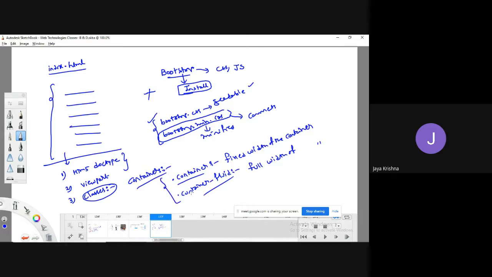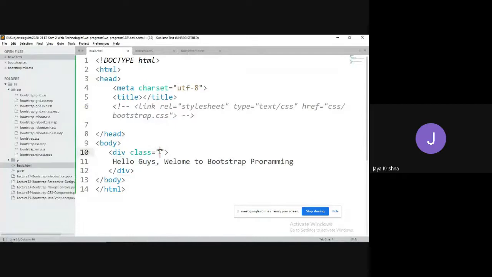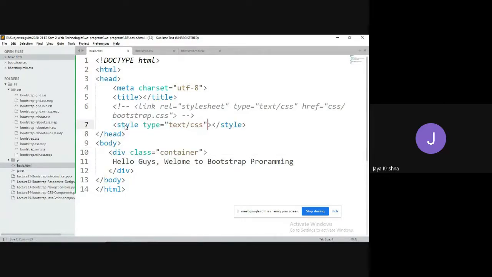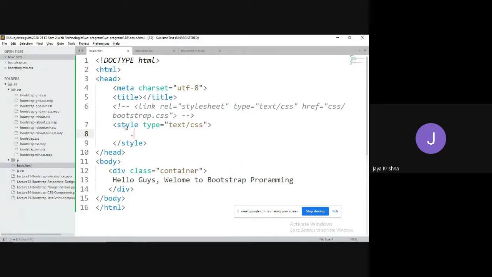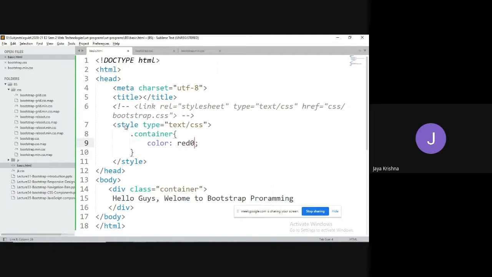With the help of these two classes, we can define the container. For example, I'm defining some name as container. I can access this container in a style type text/css, and I can apply .container with color as red.